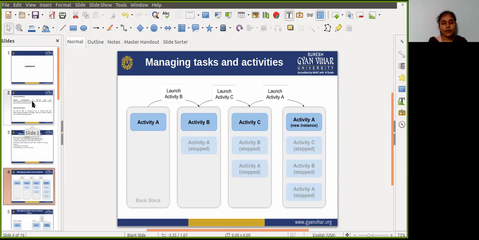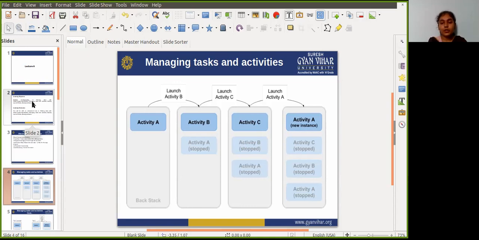So what happened again? C calls activity A again. So what happened? A new instance of A is launched. The previous activity is not called. A new instance of A is called because, as you know, in a stack, if we want to remove data, it starts from the top.